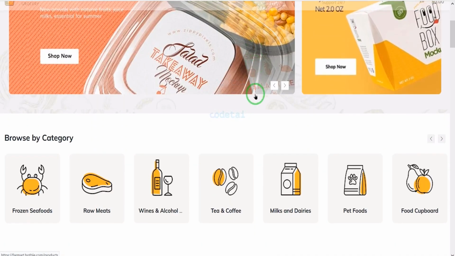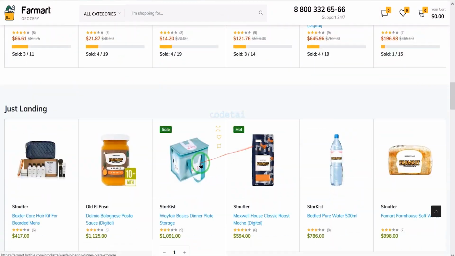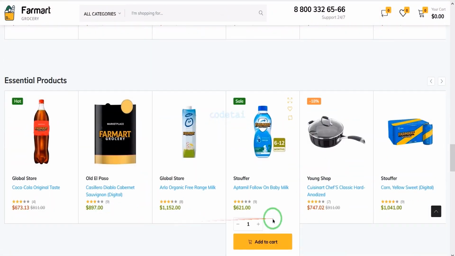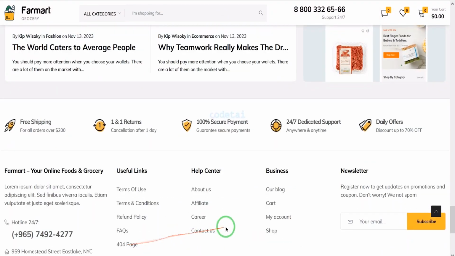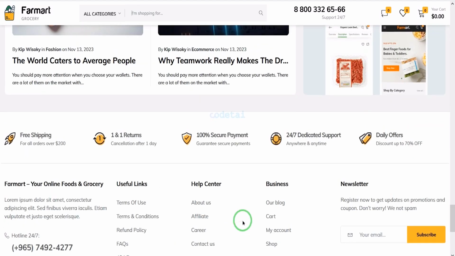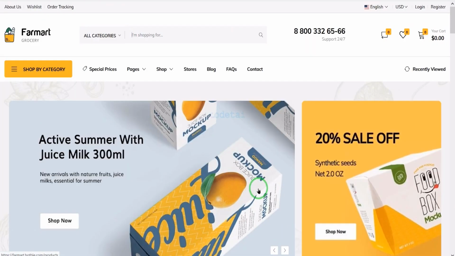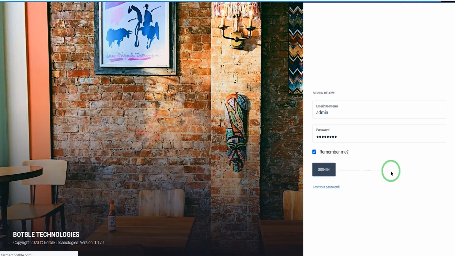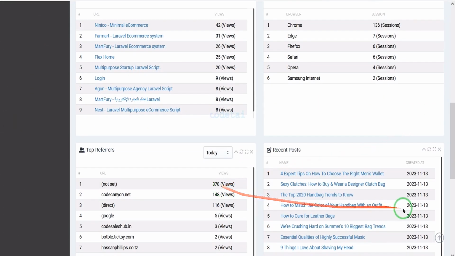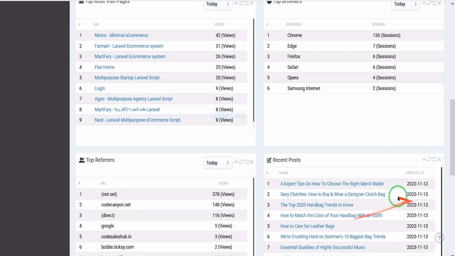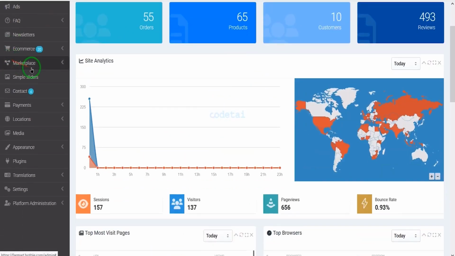Today we will learn how to create a super fast and professional e-commerce website. You can create a super fast and professional e-commerce website in just one click. Also, we are getting an awesome design on the home page. We are getting a professional admin panel to control this e-commerce website. We can control all the functionality and features of the website through the admin panel.